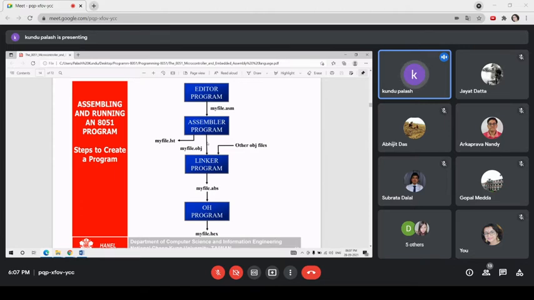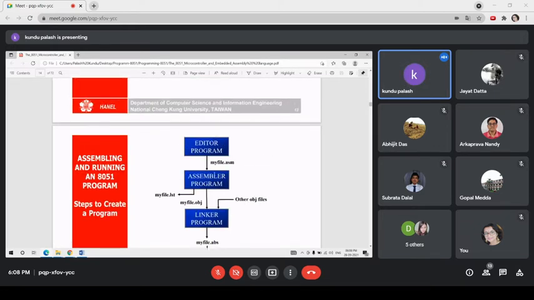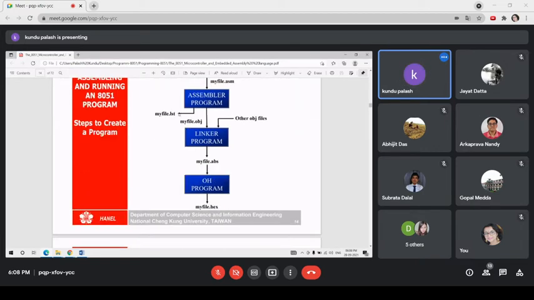Another is called the .obj file, the object file, and the listing file. There may be other types of process reference files which are optionally needed for a good assembler. So what is the purpose of the .lst file? Whenever there is any syntax error during the assembly, that will be noted and specified